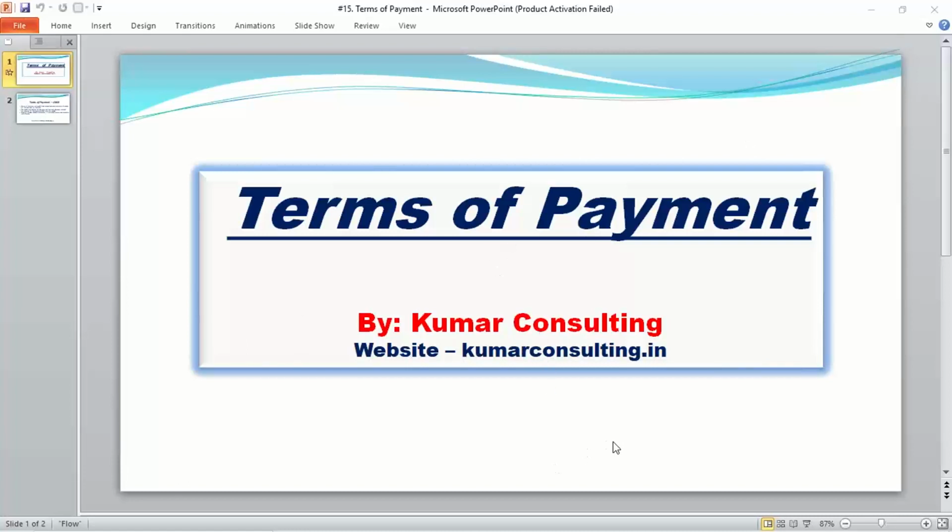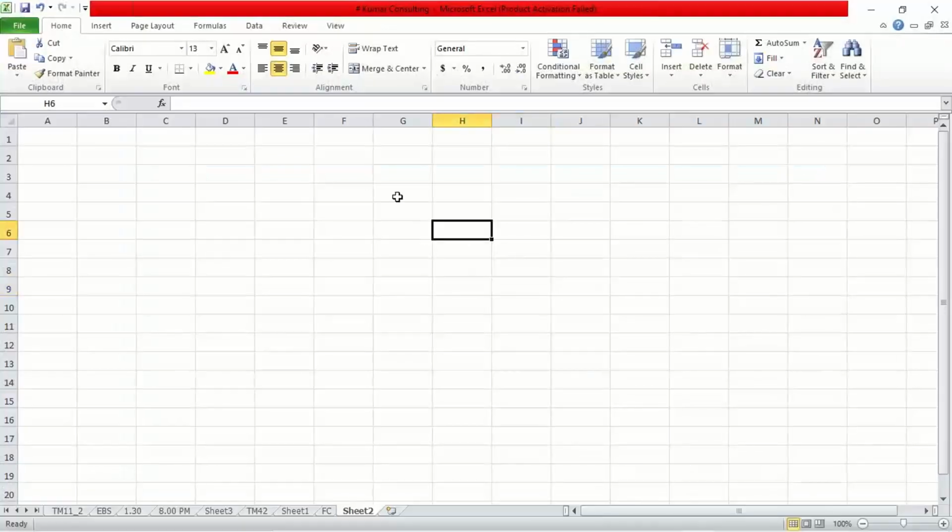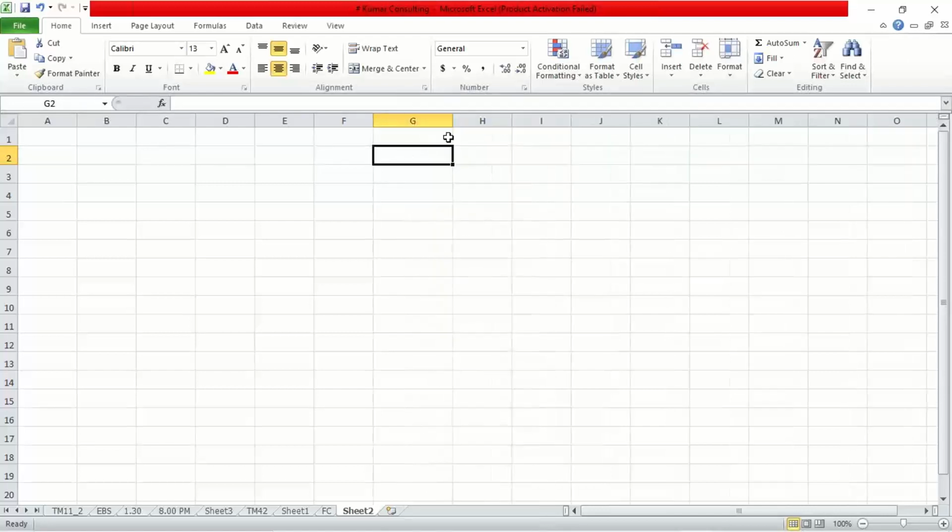First of all, if we talk about the terms of payment, what is the exact use of this terms of payment? So I'll tell you. Now here, let's suppose there is a vendor. In this vendor, we are having multiple invoices. Multiple invoices in the sense like, let's suppose,